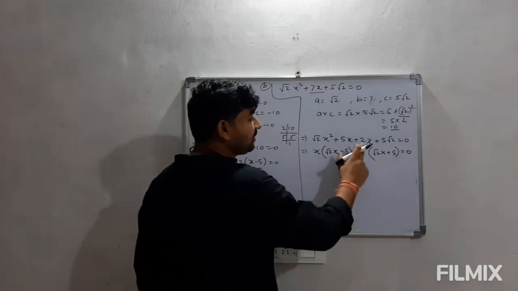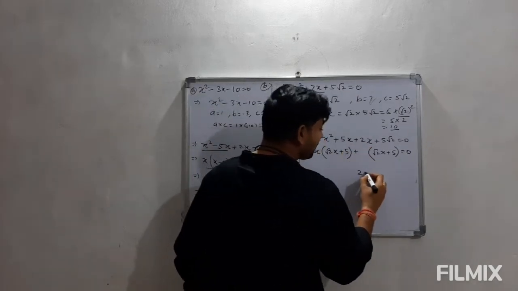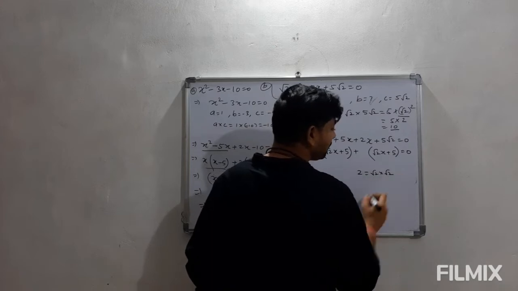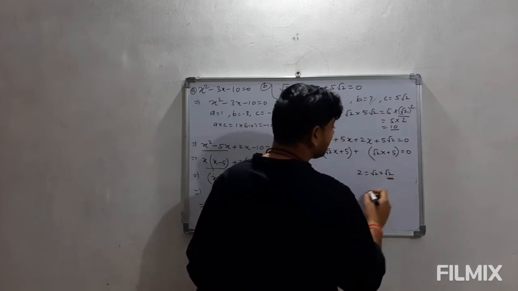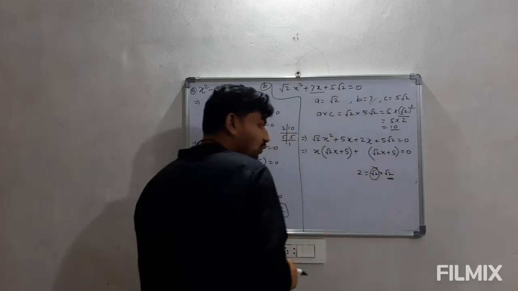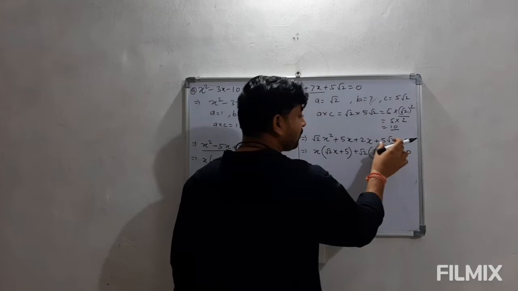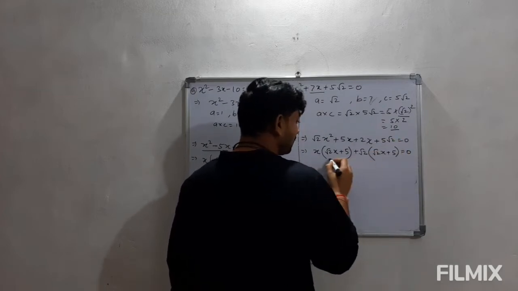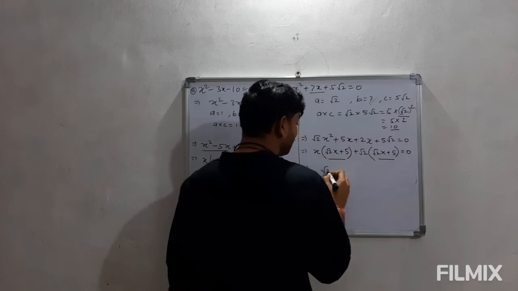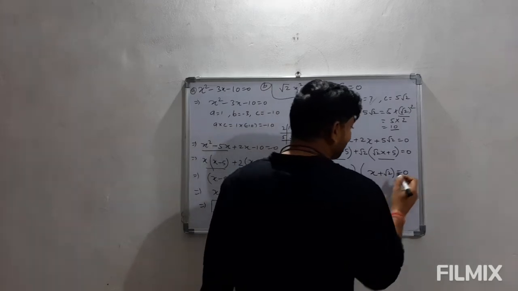Now when we look at this was 2 and we have taken root 2 inside. इस 2 को आप क्या लिख सकते हैं? root 2 into root 2. इसमें से एक रूट 2x अंदर है, एक रूट 2 अंदर है, तो बाहर क्या बचेगा? सिर्फ रूट 2. तो हमने यहाँ पर लिख दिया रूट 2 एंड 5 रूट 2 में से रूट 2 बाहर आ गया तो 5 विल रिमेन. So finally the factors which are common is root 2x plus 5 and the remaining factor is x plus root 2. This is equals to 0.